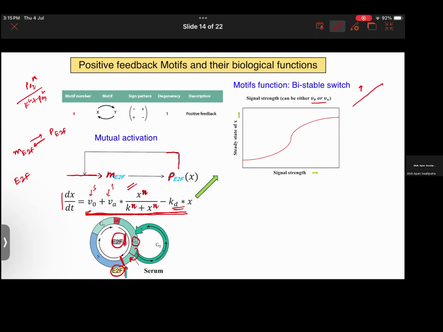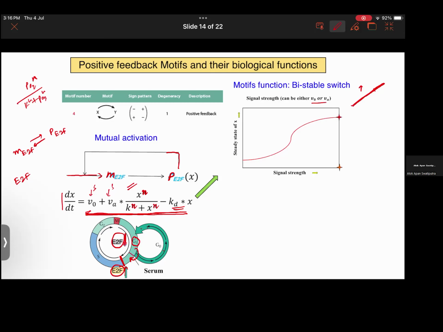As you slowly increase the value of n, you start to develop more and more non-linearity in your system. For example, if you have n equal to 2, once you start to solve, you have to solve a quadratic equation. If you have n equal to 3, it will be a cubic equation. So definitely this x steady state versus signal curve won't remain linear. You'll start to get this sort of intermediate kink in your system. And once you have sufficient non-linearity in your system,